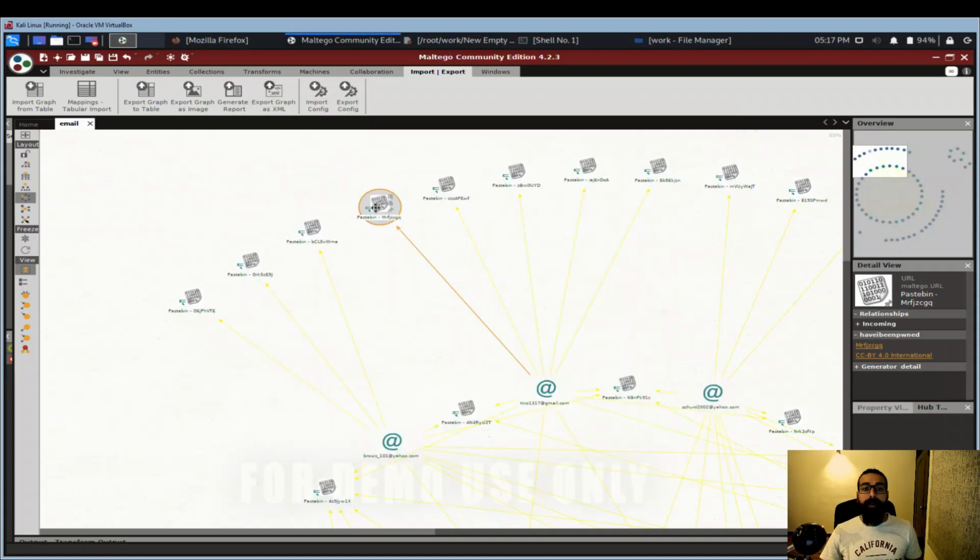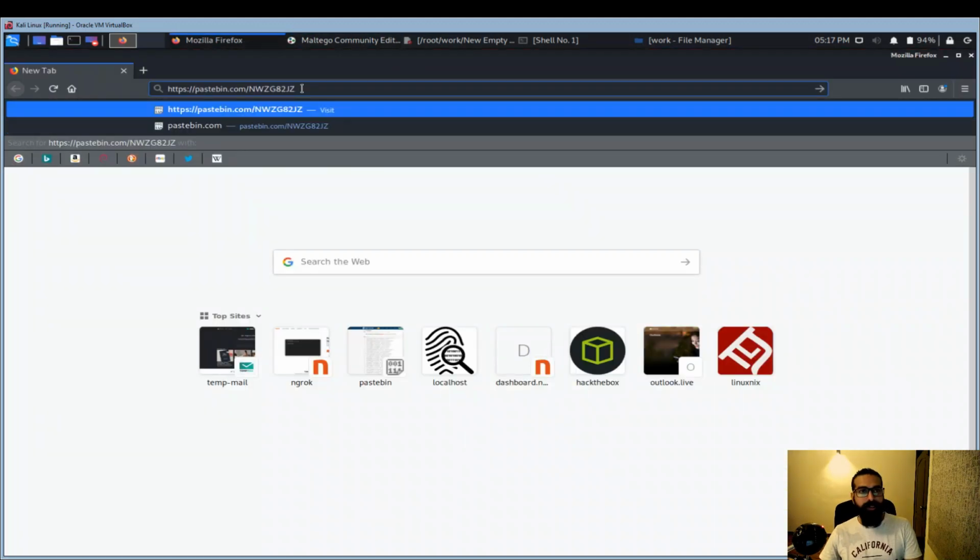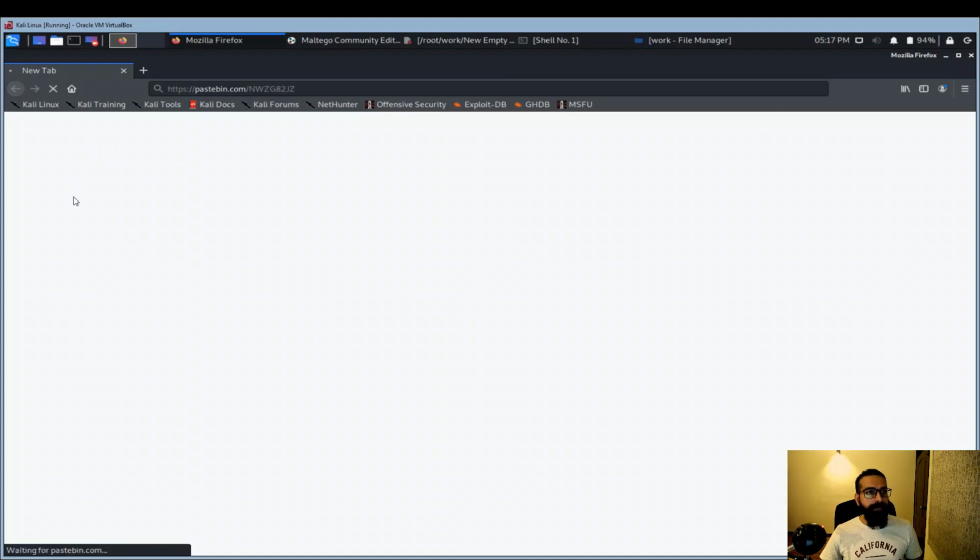Also, you can run another transform to grab all the email addresses and the information appearing in the pastebin URL. However, I am not using this transformation because with Maltego it will be a lot of information to handle. So I'm just going to paste the particular pastebin so that I can see what's happening here.